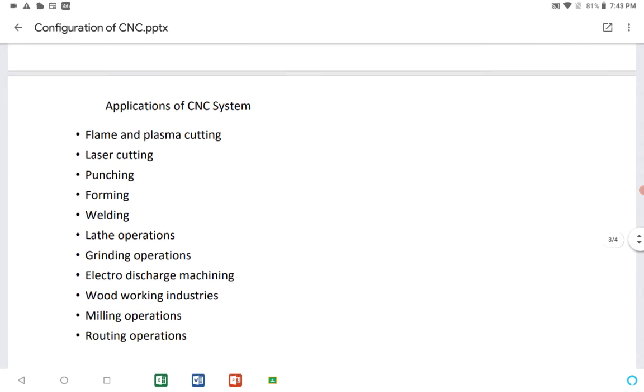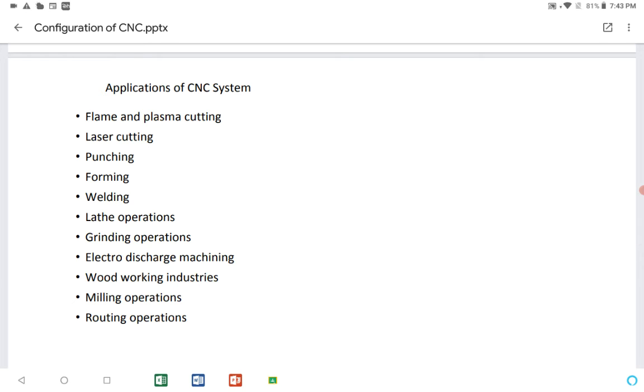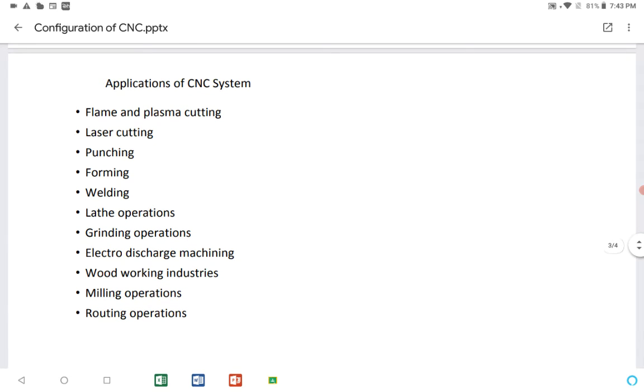So the next slide shows applications of CNC systems, you can read it out and note it down: flame and plasma cutting, laser cutting, punching, forming, welding, lathe operations, grinding operations, electro discharge machining, woodworking industries, milling operations, routing operations, etc. This itself may carry some 3 or 4 marks in the examination, and the block diagram is also individually one question, say of 5 marks.